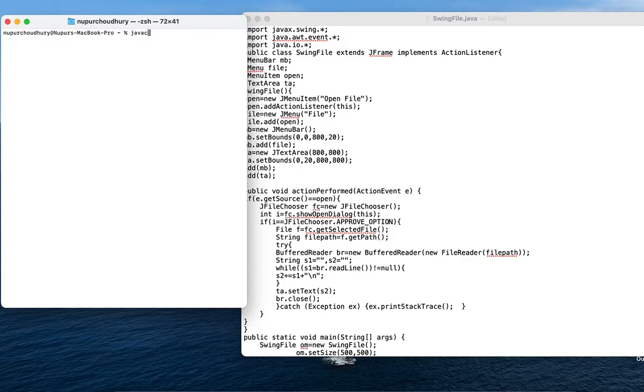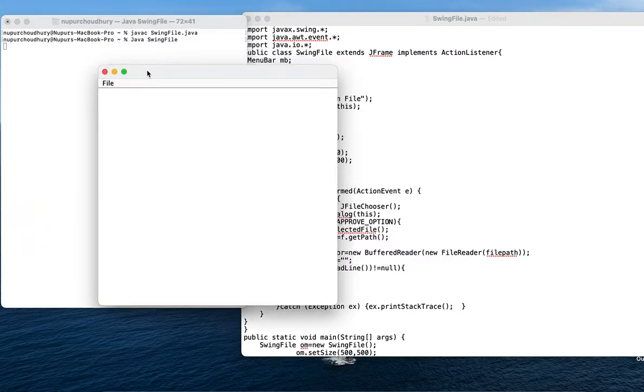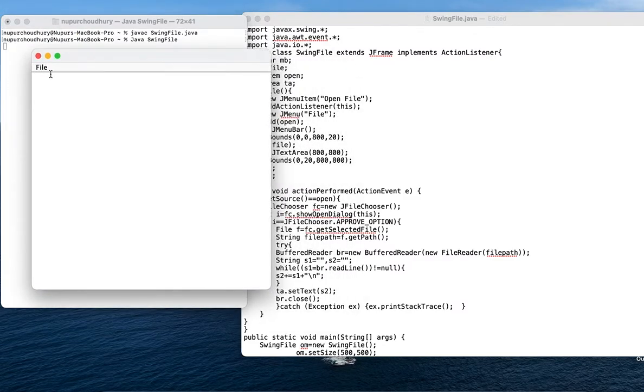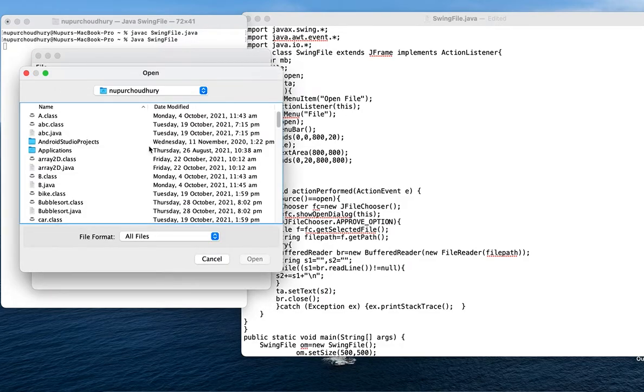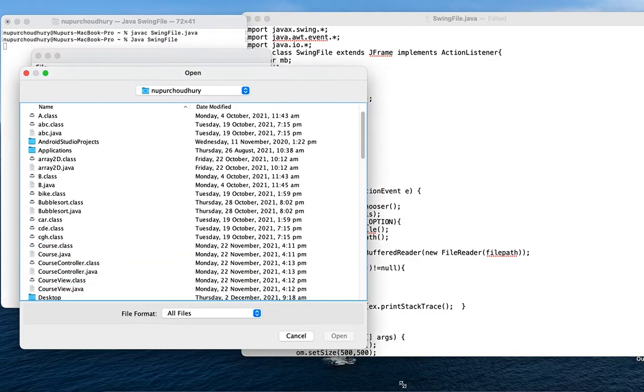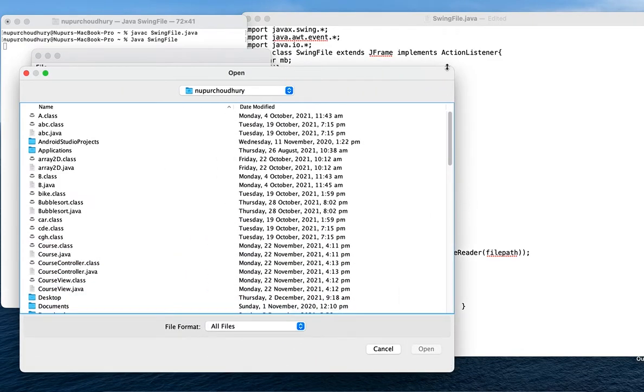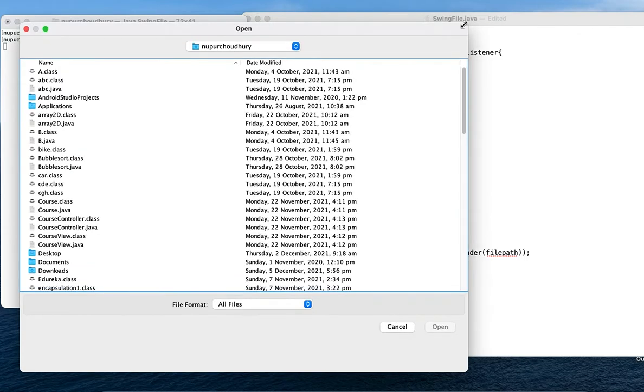First let us compile this, javac SwingFile.java, and then run it. So here if we click on File, we will have a tab like this. It will open the location of our system where the programs are generally stored.